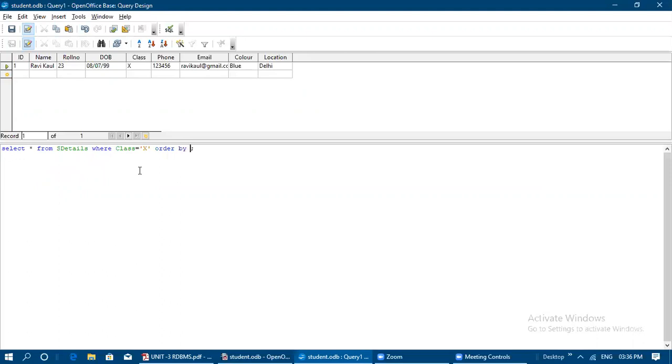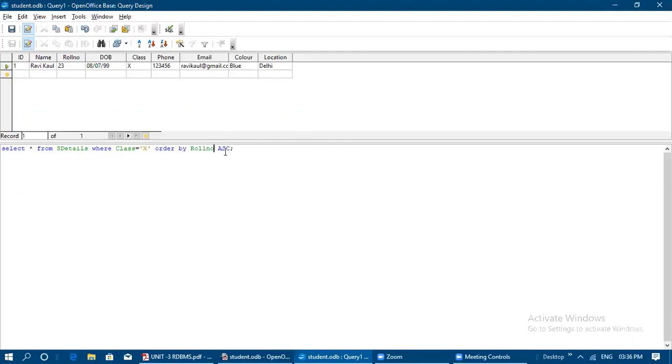Order by, ordering by ascending order or descending order. Ascending order we will give, so ASC. Okay, so order by name. So student name wise we will order, or roll number wise we will order. Okay, roll number wise we will order. So the roll number spelling is this only in the created table. See here, this is the roll number spelling that I have given.